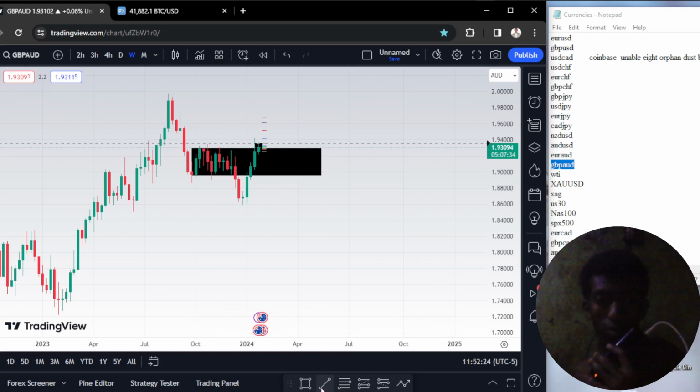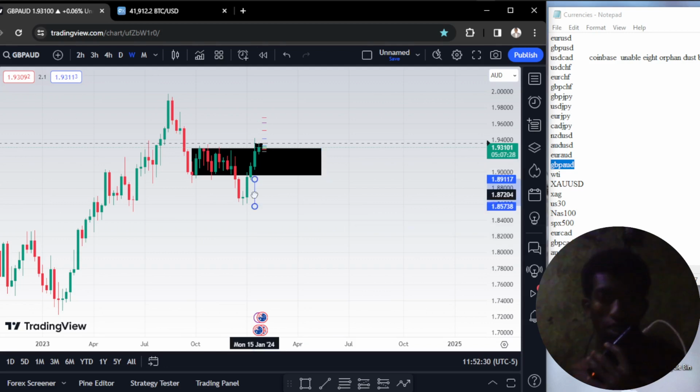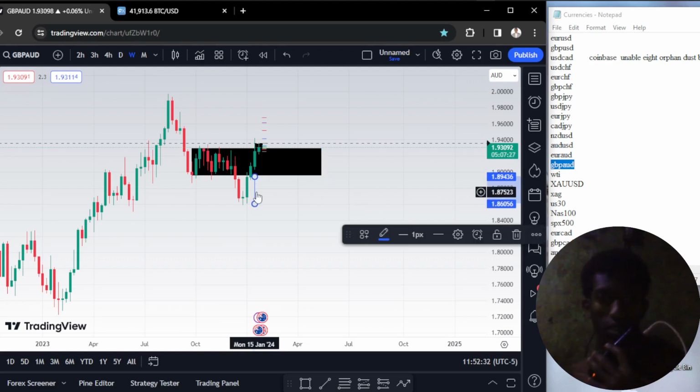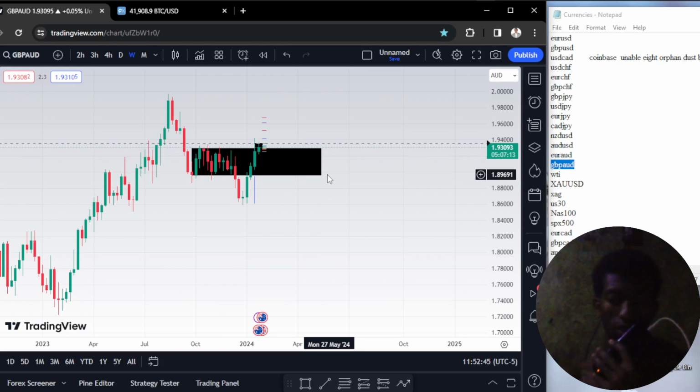Just measure this thing. Come down here. Put it down here. Right there. That is your TP, right? What the hell do you want more than this, people? And let us measure the pips. That is a whopping